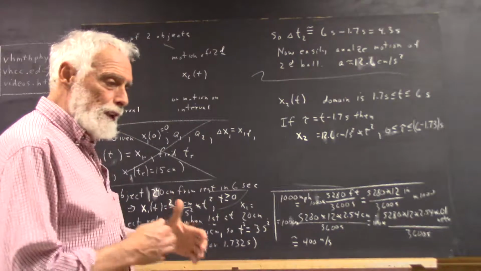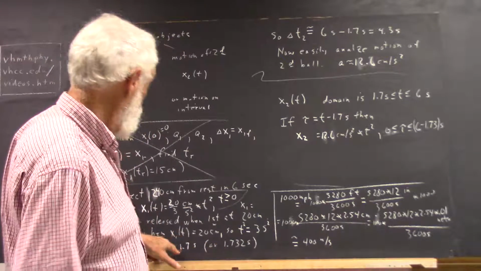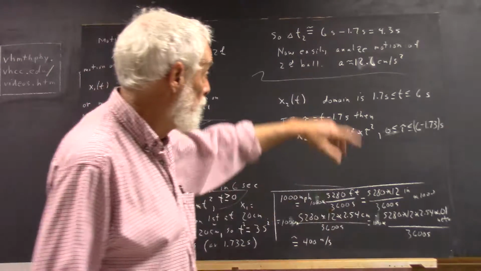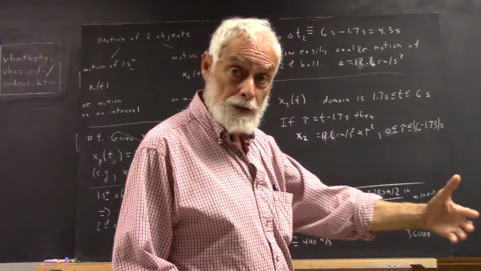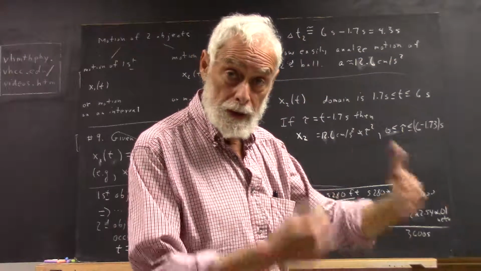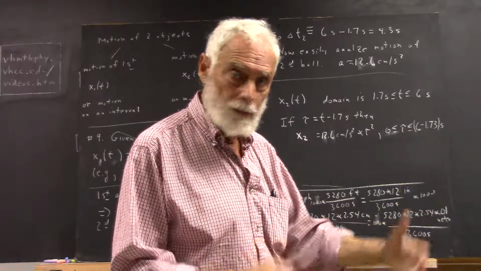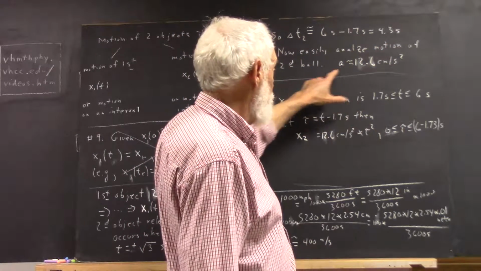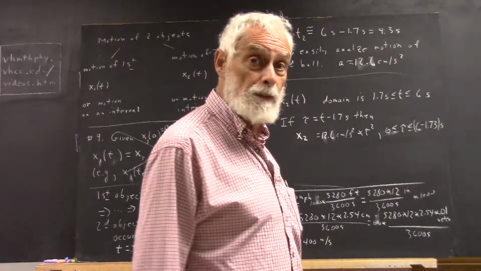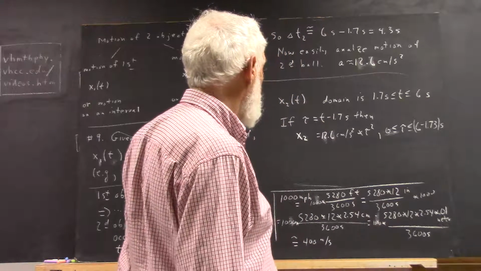Well, they get together when t equals 6 seconds. This one starts at t equals 1.7 seconds, which is what I'm going to use here. So we get 4.3 seconds for the second object to go all the way down the incline and just catch up with the first, to be at the same position as the first after 6 seconds. Now we easily analyze that motion, and we find that its acceleration is 12.6 centimeters per second squared. Its velocity